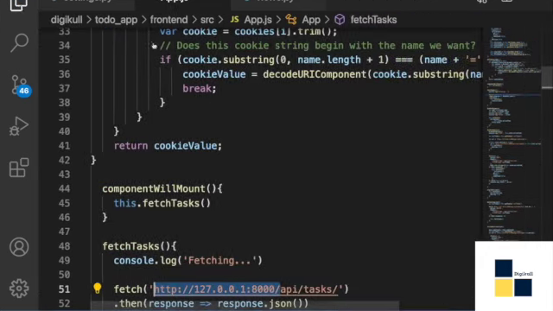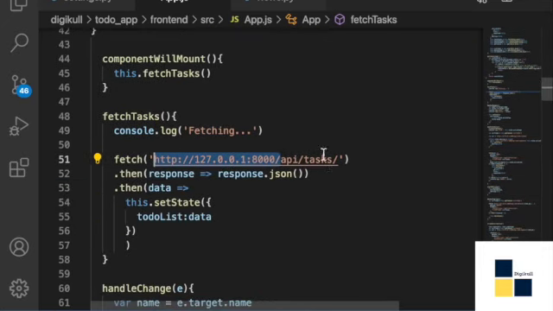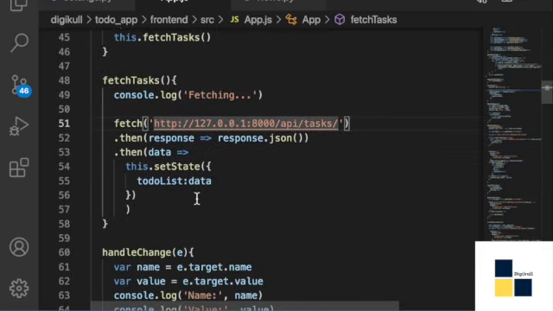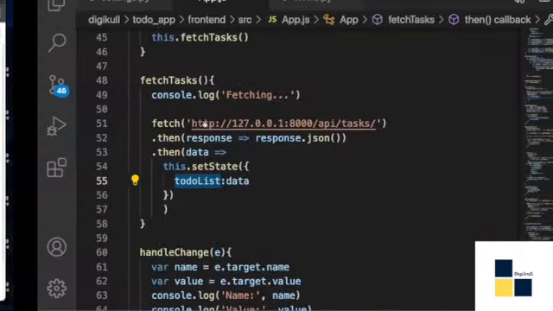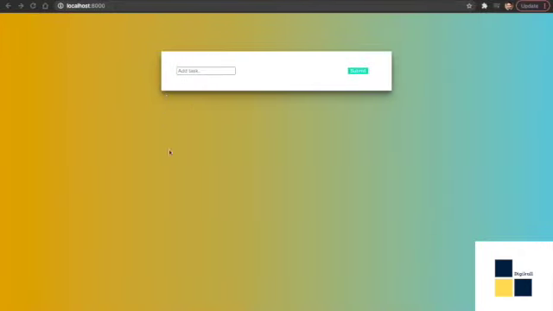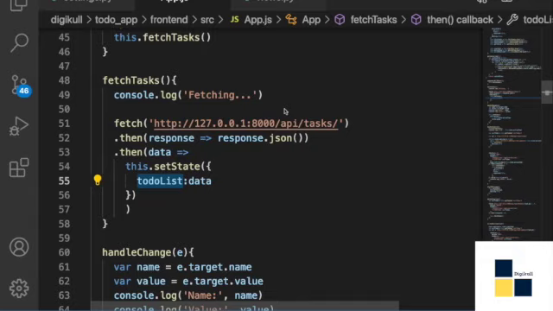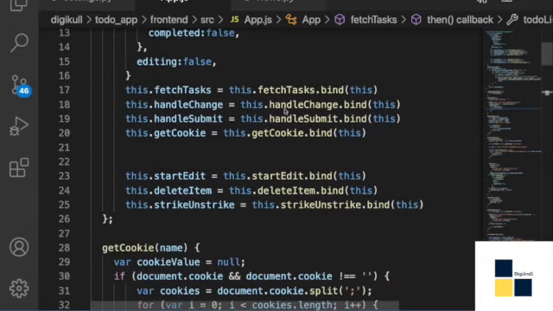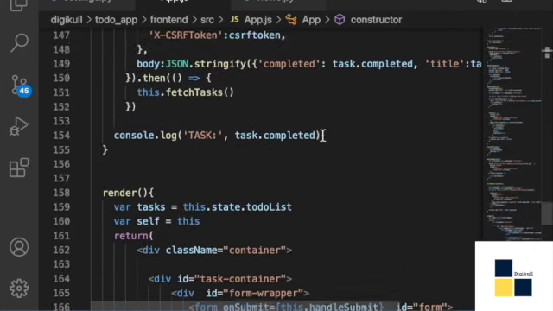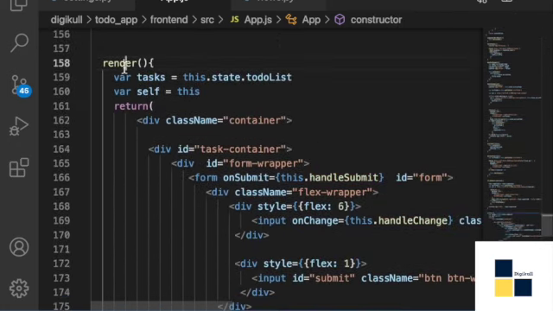Now the response of this task data will basically create our to-do list. The thing you are looking at right now will be a drop-down rendering our to-do list. So we need one more function known as render. Render will take the state's to-do list.